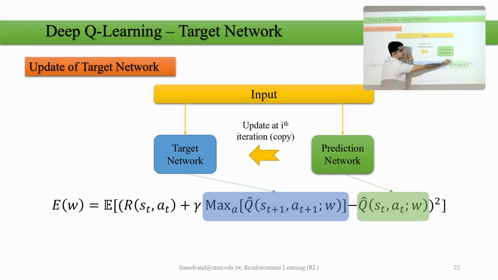This equation's answer comes from here, and this equation's answer comes from here, as output of those networks. And every, for example, 200 times or 400 times, we copy whatever we have here. Again, we continue to improve it, copy here, and we continue to improve it. Based on that, we calculate the weights of the network, update it, copy it here, and we continue this